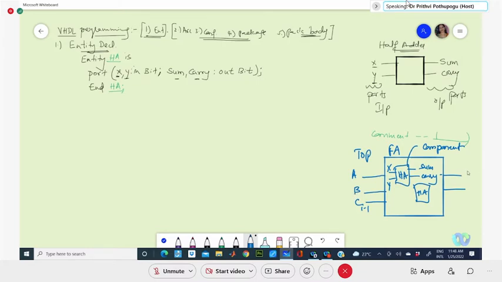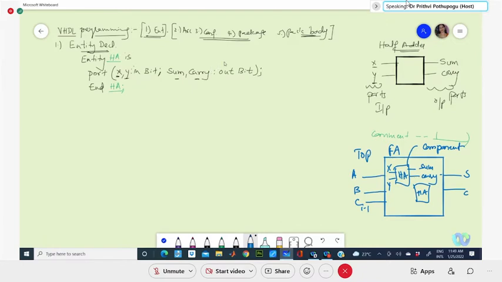Say if I say that this is sum and carry. Sum will be S, carry will be C. That means you need to properly link them, that means connecting them. That connecting will be done by the configuration body or your configuration declaration, whatever you are doing. So I think not much explanation is needed regarding this entity declaration. It is as simple as directly considering something like the input ports and output ports.